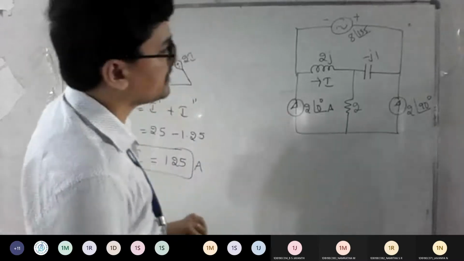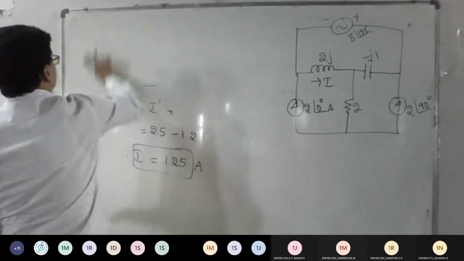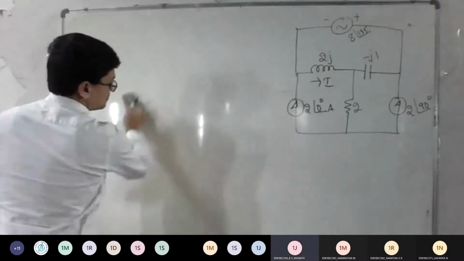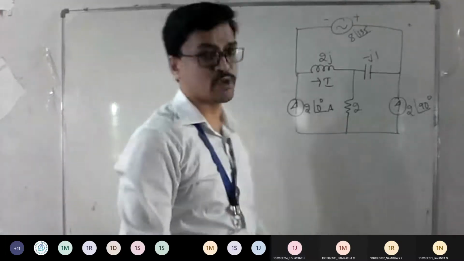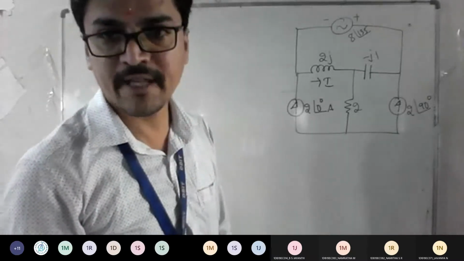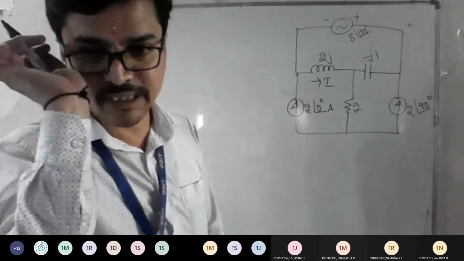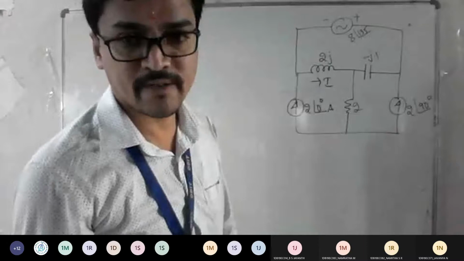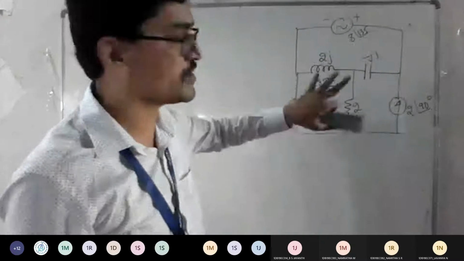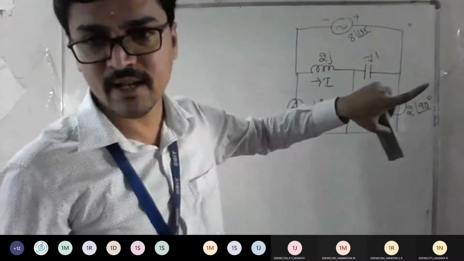Okay, so now tell me how many sources you have. Three independent sources, sir. Good. So all are AC only. Since you have polar form, if there is a polar form in the given network, it is understood to be an AC analysis problem. Clear? So now 3 different cases will come: case 1, case 2, case 3. We'll go one by one. So I need to find I dash, I double dash, I triple dash.